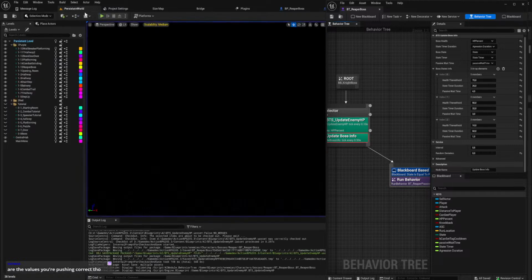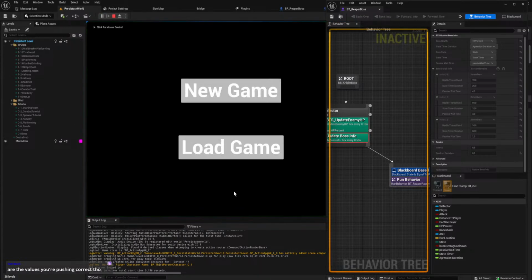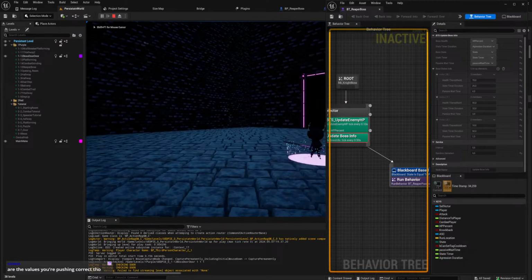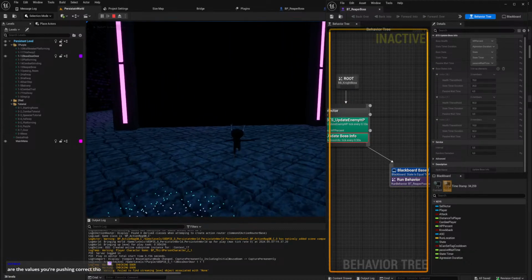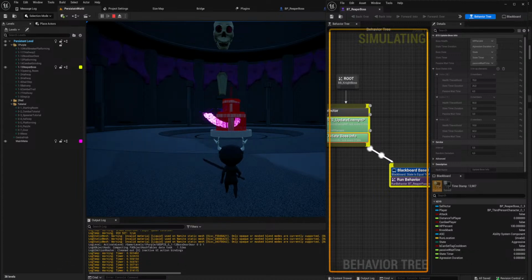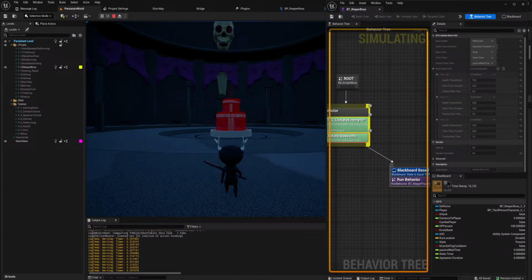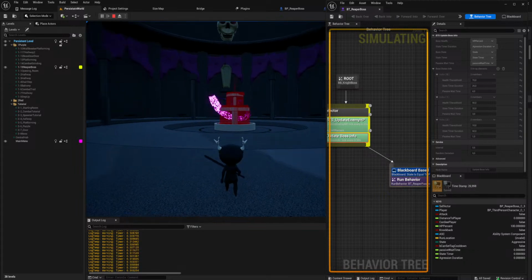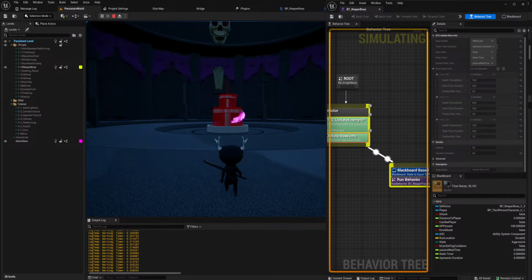So we'll get back to that in a moment. I just want to see whether or not it is successfully setting anything at all, because I don't think it is. Right, it's just logging the delta time here, which is somewhat inconsistent, but we don't really need to care about that.